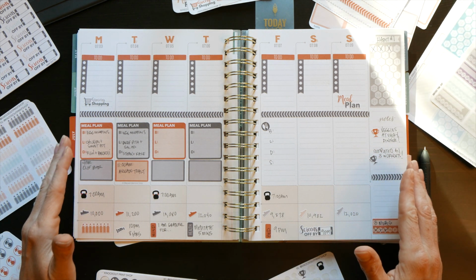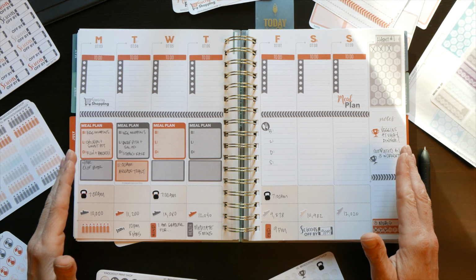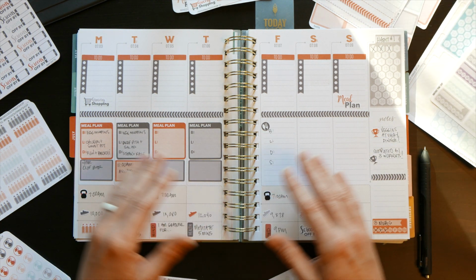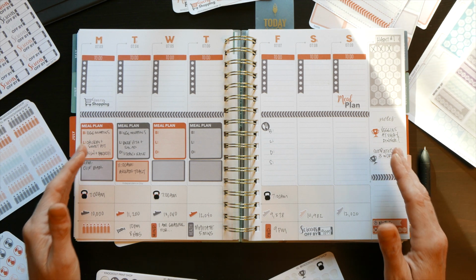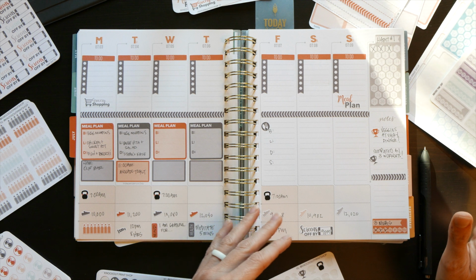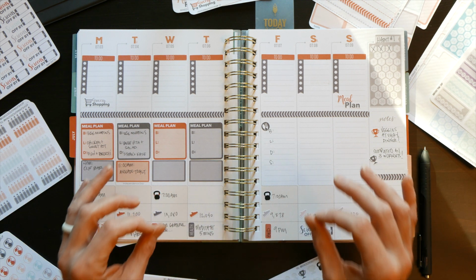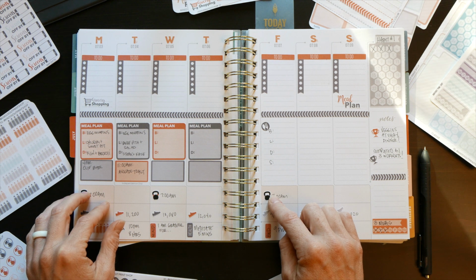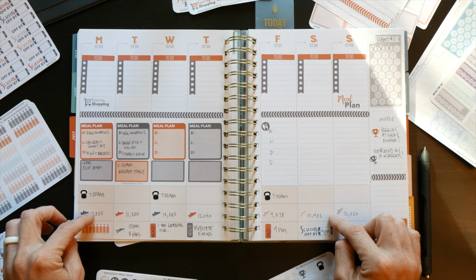I like to use a planner for health and fitness in a way to plan as well as to track, because we truly need to have an understanding and awareness of our current state baseline, where we're at, in order to make small changes going forward. So another huge factor, along with committing to 2 to 3 days a week of strength training, is to also